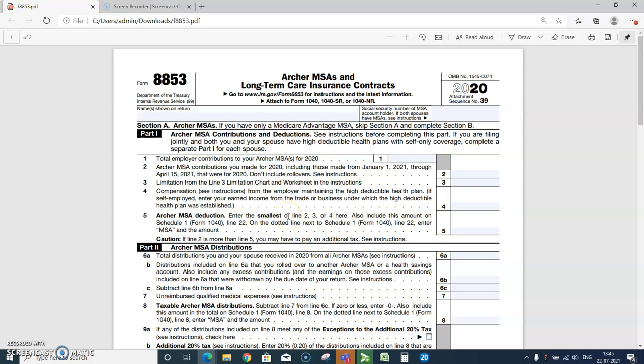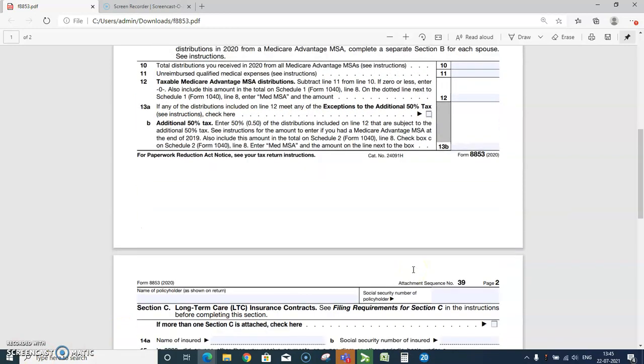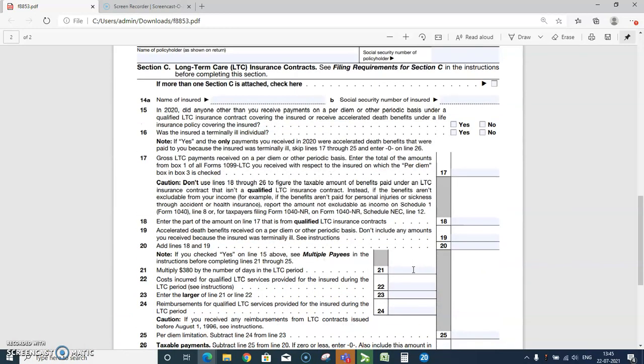So, the definition of policyholder. The policyholder is the person who owns the proceeds of the LTC insurance contract, life insurance contract, and viatical settlement, and can also be the insured individual. The policyholder is required to report the income even if payment is assigned to a third party or parties. In the case of a group contract, the certificate holder is considered to be the policyholder.